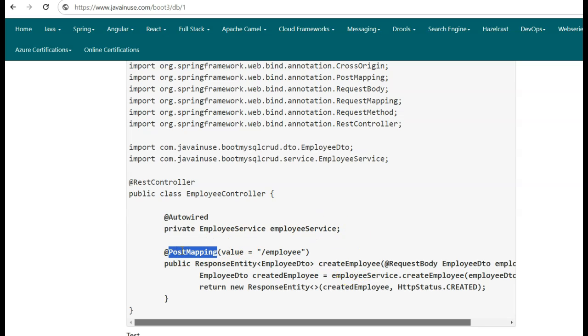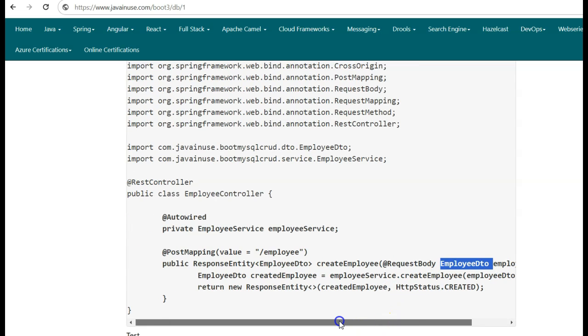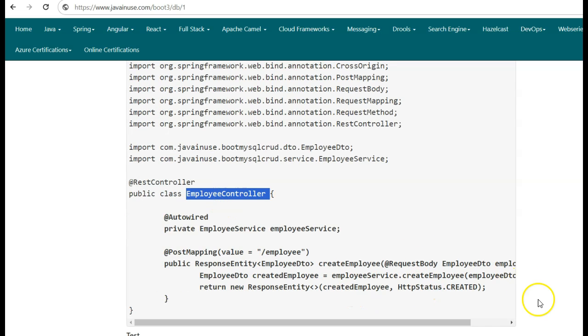using the @PostMapping annotation and the URL as /employee. In the body for this post request, we pass the employee details using which the EmployeeDto object gets created. Once this object is created, we call the employeeService.createEmployee method, to which we pass the EmployeeDto object. The employee service then, making use of the employee repository, persists the employee details in the MySQL database, and once this is done, it returns back the EmployeeDto object. So this EmployeeDto object is returned back to the user along with the HTTP status code .CREATED, which is 201. So let us create this EmployeeController class.